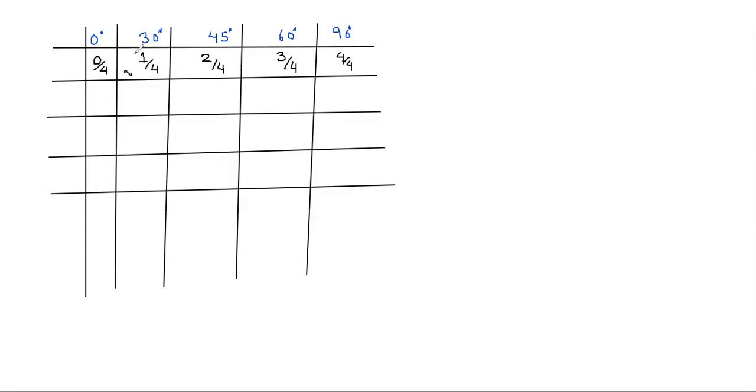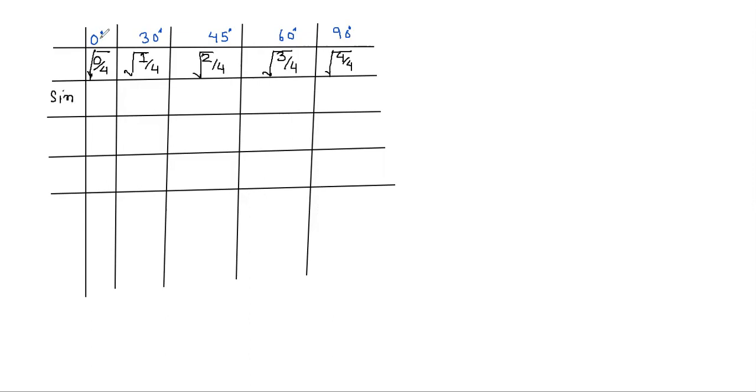Take the square root of all this. What we did is, first we have written counting from 0 to 4. Then we divided all of them by 4. And then we took the square root of all. So children, we will get the value of sine theta at different angles.